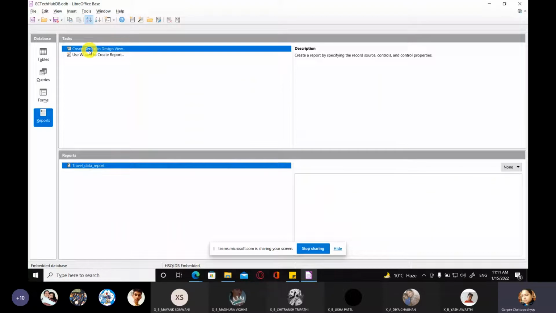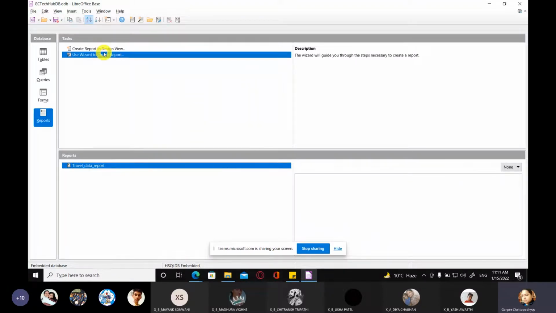Okay, so now here in LibreOffice, you can see one change. There are two options for creating reports: design view and wizard. But in your syllabus, you only have wizard, so you have to follow only the wizard way. Okay, I'm going to use wizard to create a report.